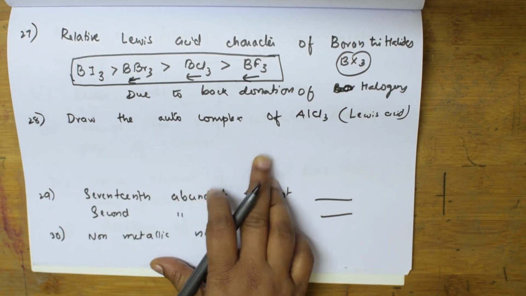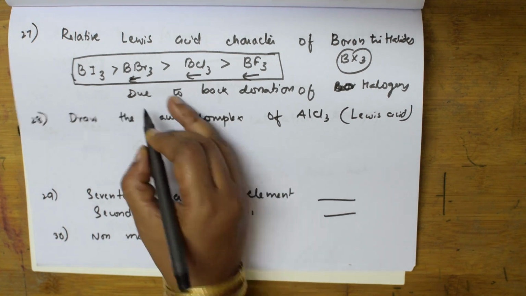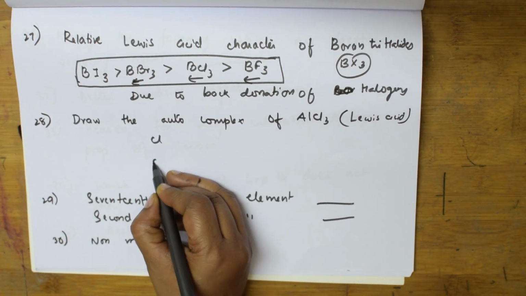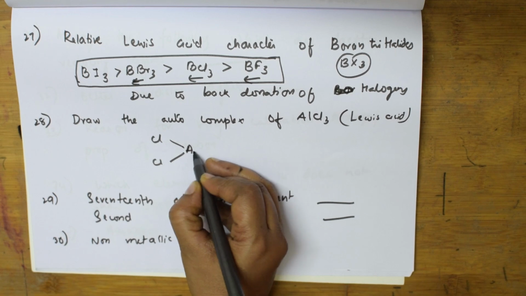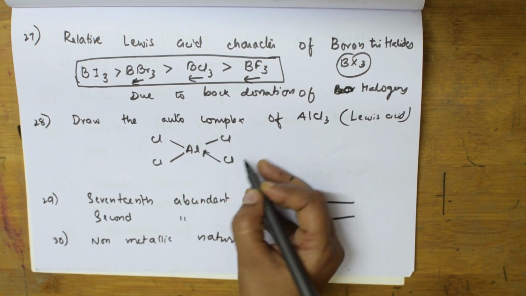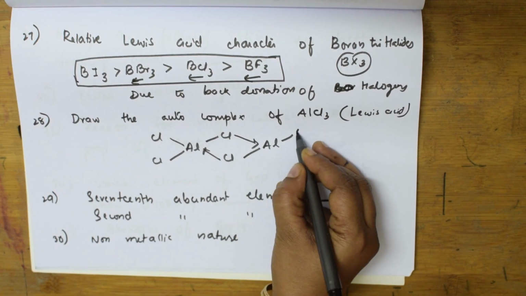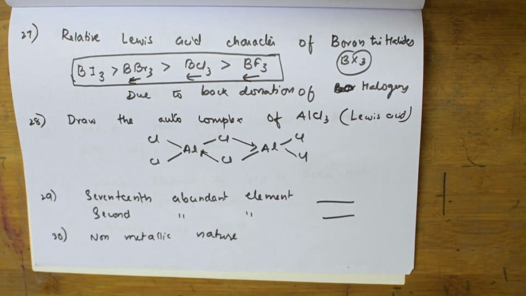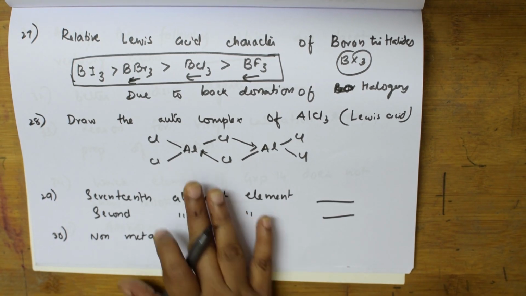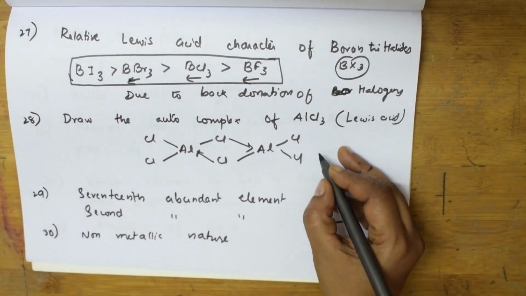Draw the complex of AlCl3. Okay, AlCl3 is a Lewis acid, we very well know, isn't it? So what is the thing now? They've asked us to draw the complex. Let us draw Cl here, aluminium, Cl, chlorine. This donates to aluminium, Cl and Cl. Basically anhydrous form of aluminium chloride is covalent, right? So remember,